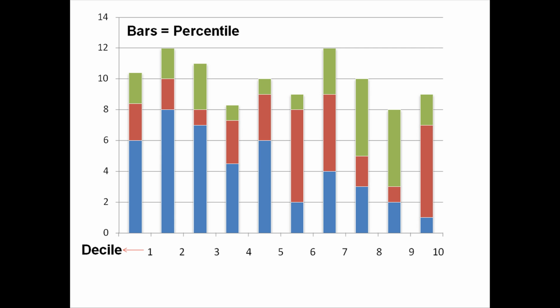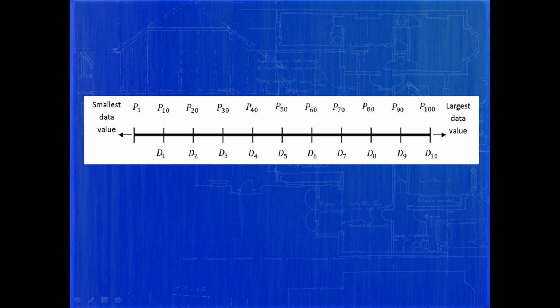The higher you place in the decile rankings, the higher your overall ranking. For example, if you were in the 99th percentile for a particular test, that would put you in decile rank 9. And if a person scored very low, say in the 5th percentile, they would find themselves in decile rank 1. Going back to this illustration, on the left side are the smallest data values, while on the right side are the largest data values.